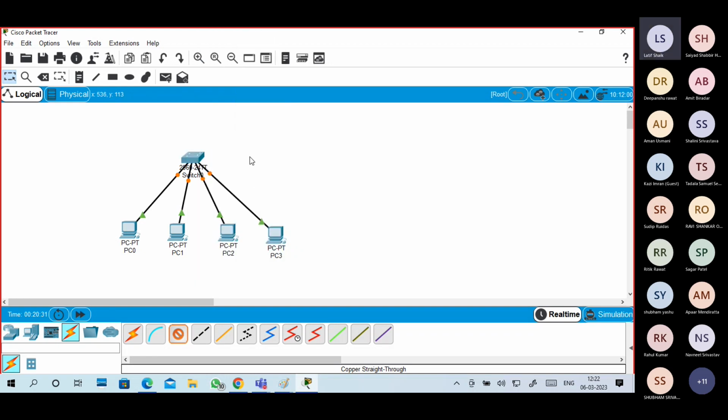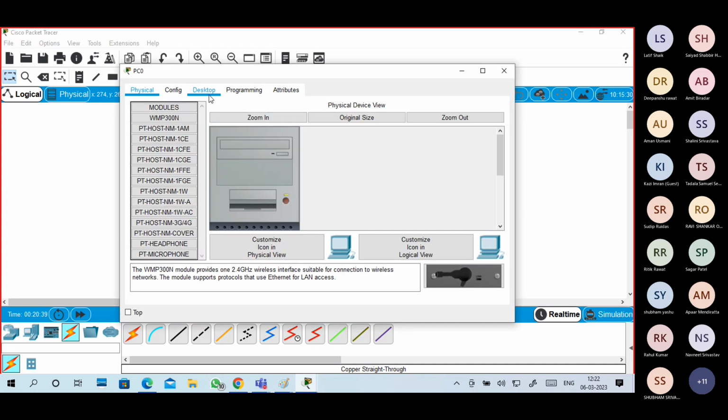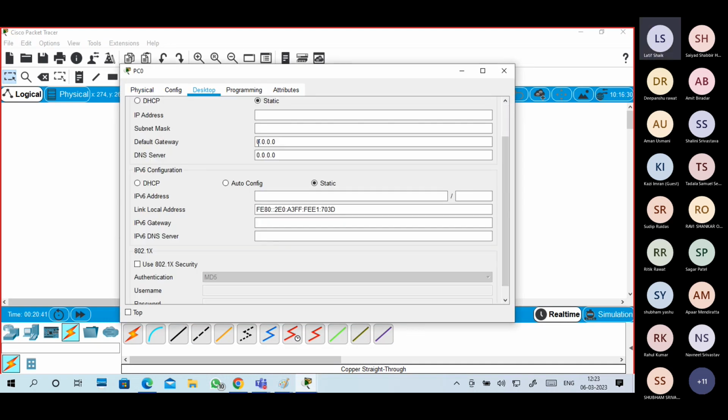Okay, so I connected the devices and I have to configure IP addresses.